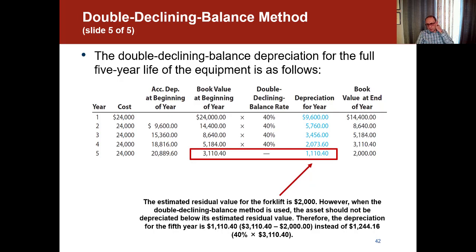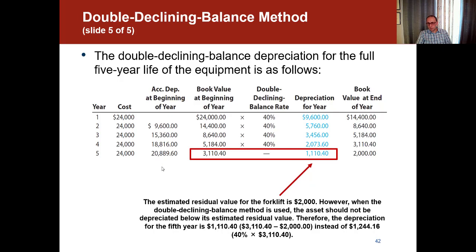So as it says here, the estimated residual value for the forklift is $2,000. However, when the double declining balance method is used, the asset should not be depreciated below its estimated residual value. Therefore, the depreciation for the 5th year is $1,110.40, which is the 3,110 minus the 2,000, which is the difference between these two values. Remember, that was our book value, and that's our desired book value. So the difference is the depreciation expense. We're not going to plug or use the 40% here. And then when you add this 1,110 to the